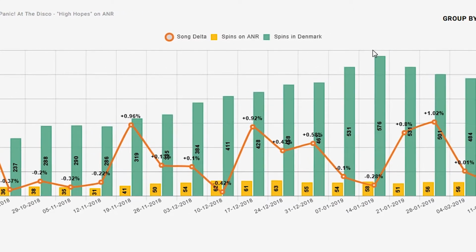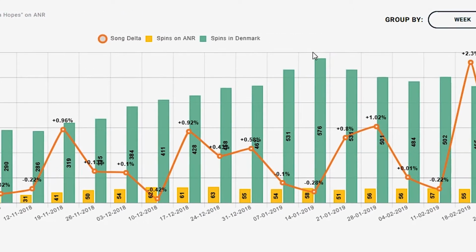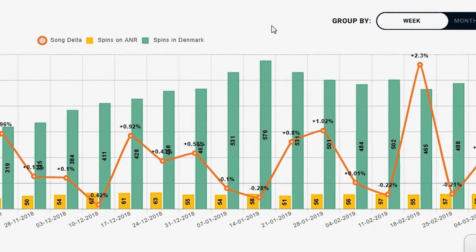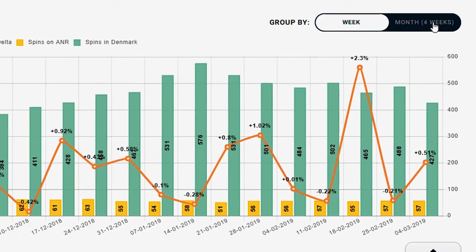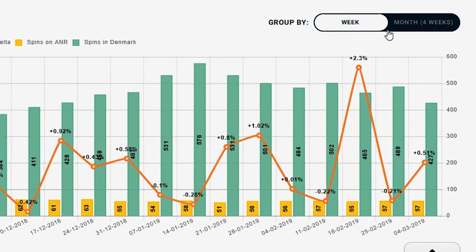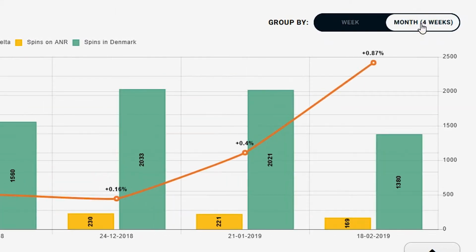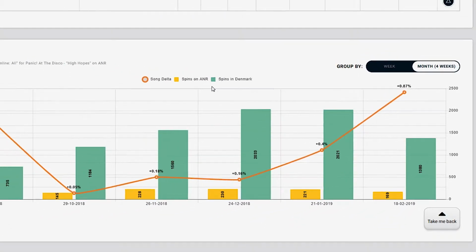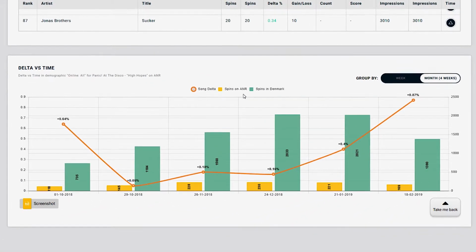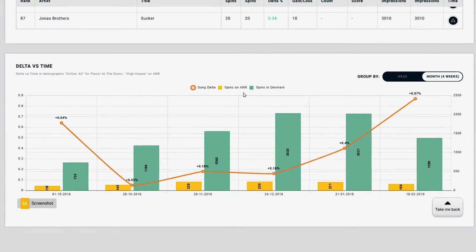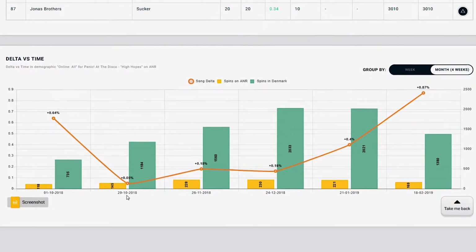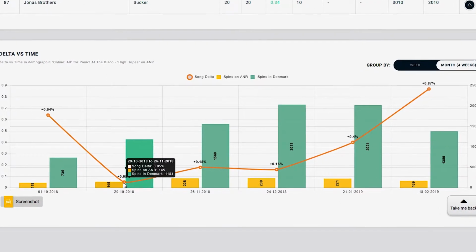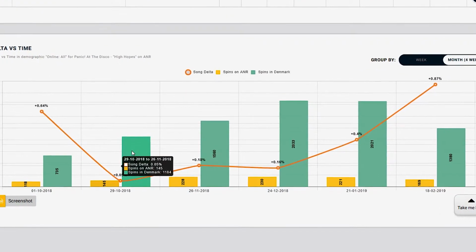Now looking at this, which is a song that's been played for a relatively long time, at least for a CHR station, it gets a little bit confusing and you see it jumping up and down. So what we normally suggest people do is switch the view from week to month right here. And then the picture becomes much clearer and you can actually see how this song is reacting, just like most songs are, to first a positive performance, still staying above zero,